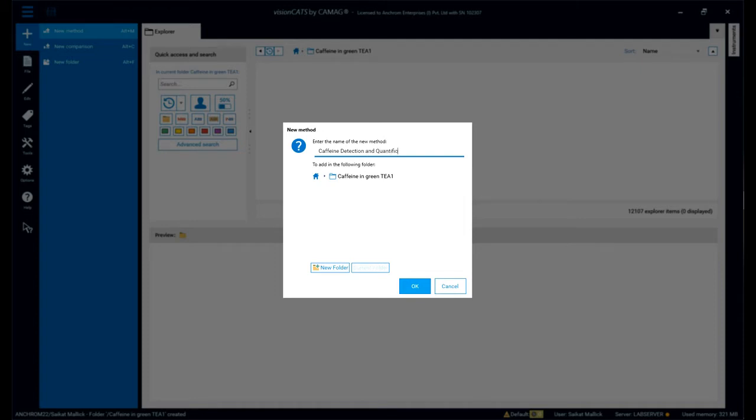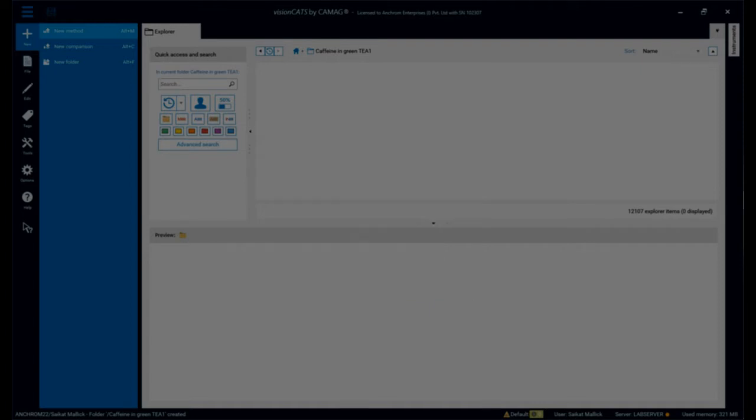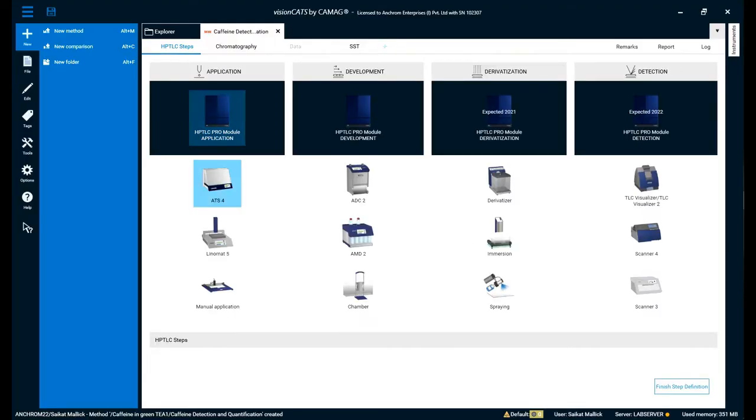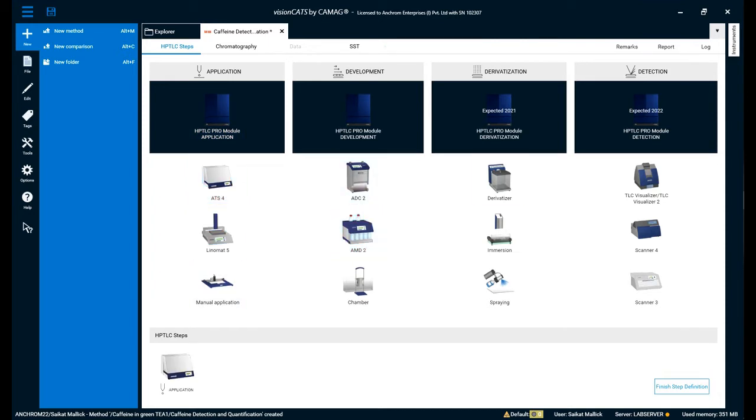Caffeine detection and quantification. Select all the HPTLC modules you will be using in your analysis. We are using Visualizer, ATS4 for application, ADC2.